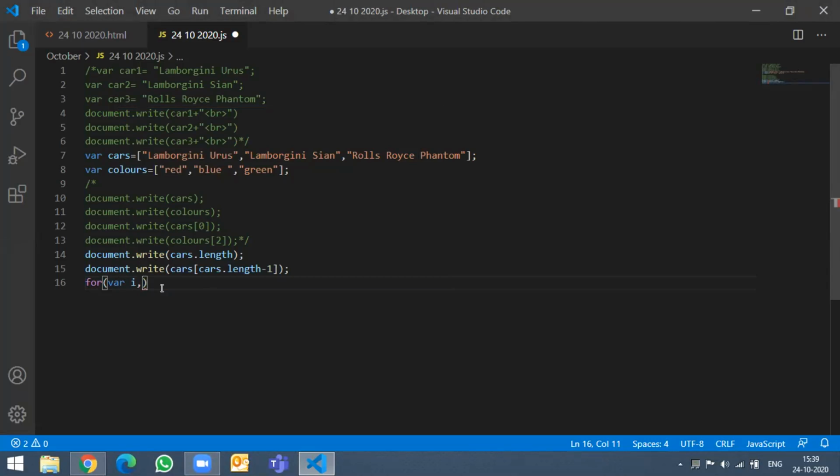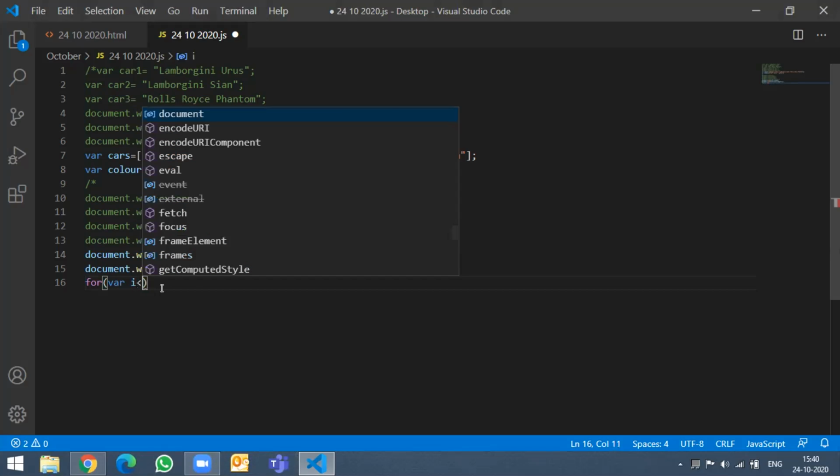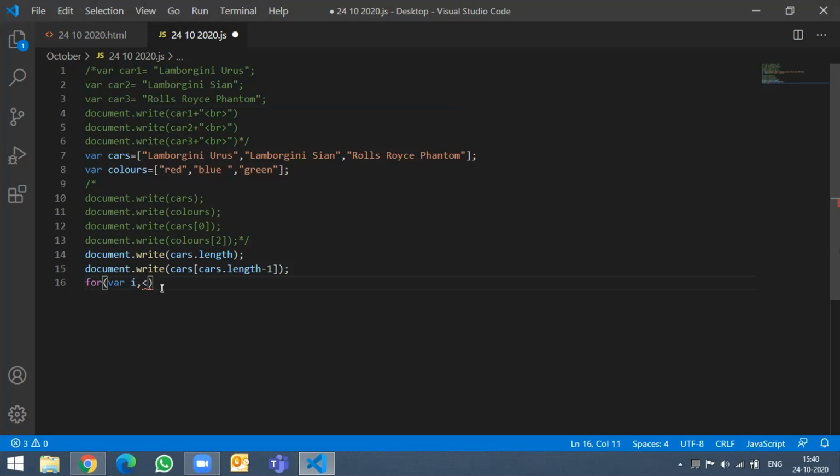So i less than cars dot length, comma, i plus plus.